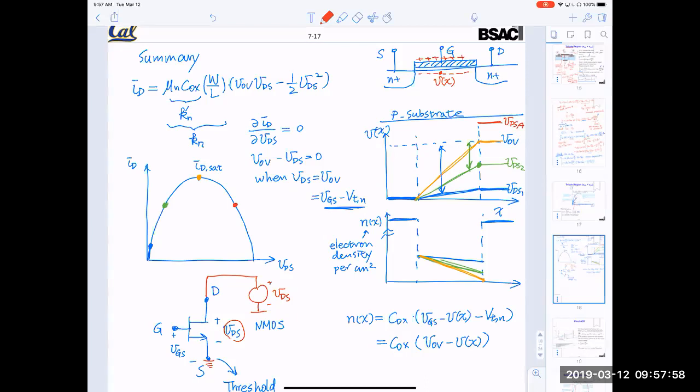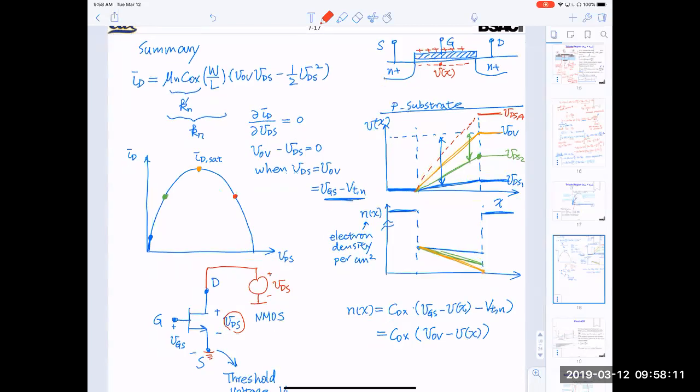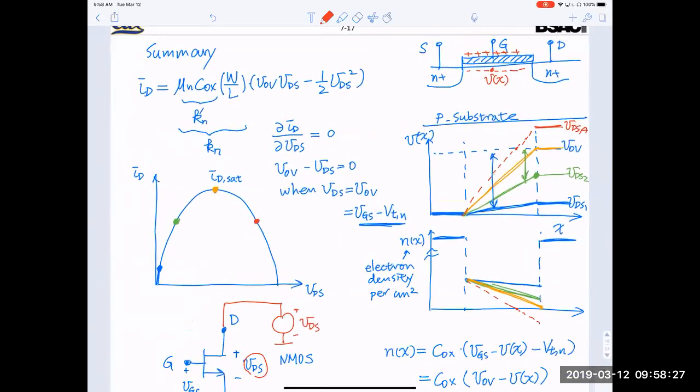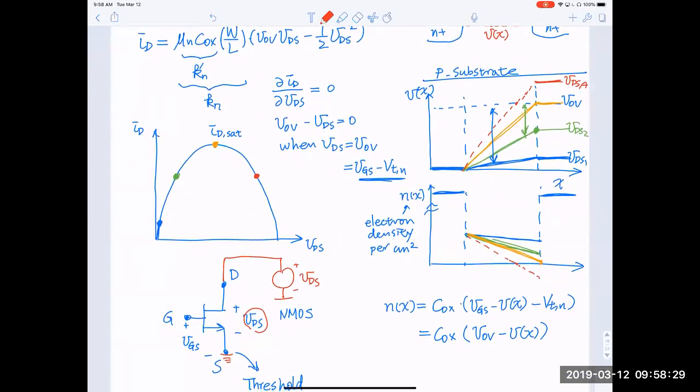If we apply our kind of extension of what we've done, if we have a dotted line here, right? And look what happened if we track this electron charge density. So we will be crossing 0 somewhere here. So let me draw a dotted line here, and then you will extend over to the other side. Now this is not so physically